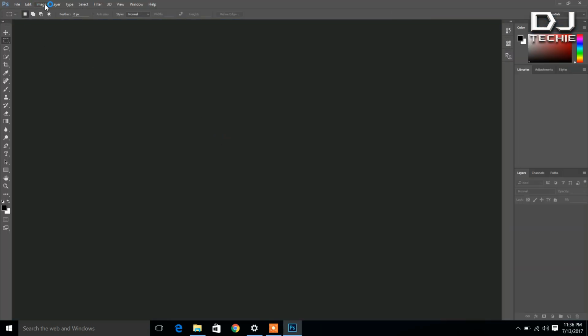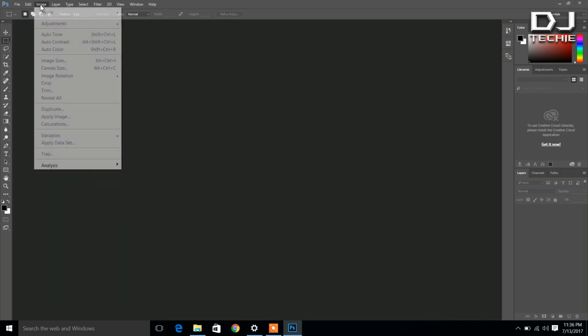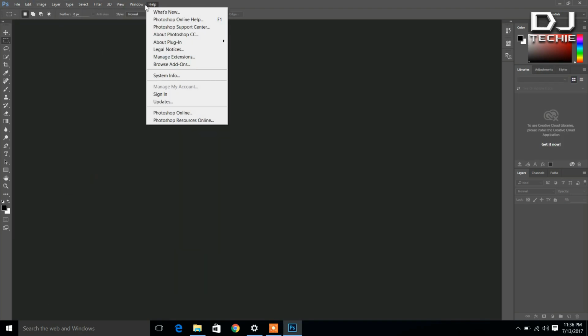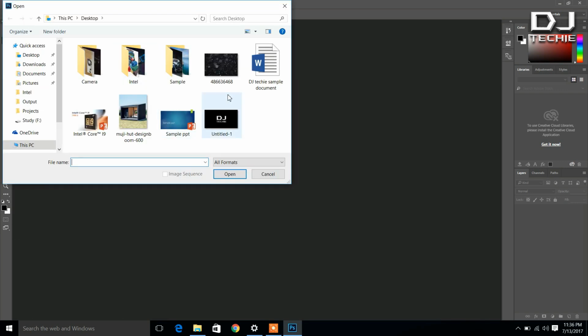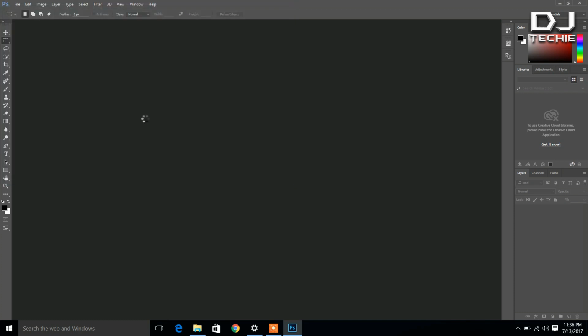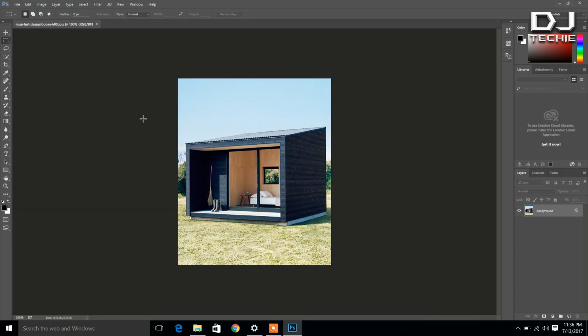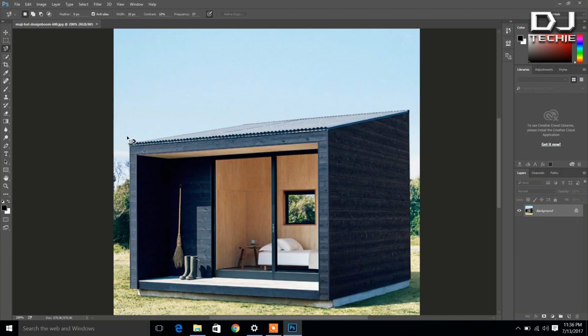Let's see how the options are working on this particular machine. All the options are loading very quickly. Now let's open one file, and I will edit one image, and we'll see how the image rendering is going on this laptop. So I have selected one image, and let's try to crop it. For that, I will use this magic tool. Let's zoom in a little bit, and let's try to crop this image. As you can see, the magic tool is going on, and there is no lagging in the mouse.